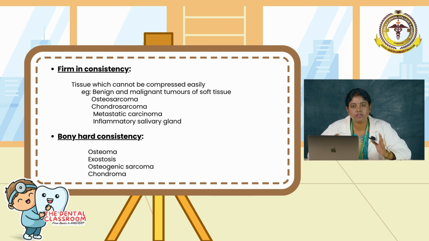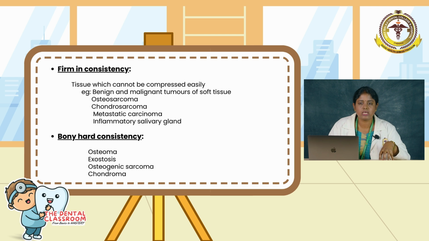Bony hard consistency: if the lesion is arising from the bone, it is going to be bony hard. Any bone lesions will have a bony hard consistency. Examples: osteoma, exostosis, osteosarcoma or chondroma will have a bony hard consistency. So